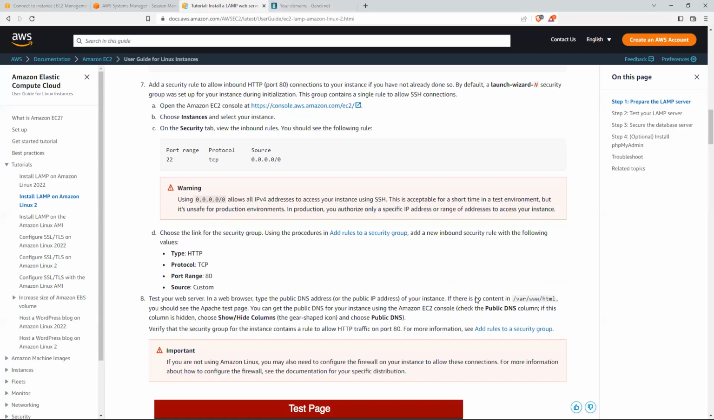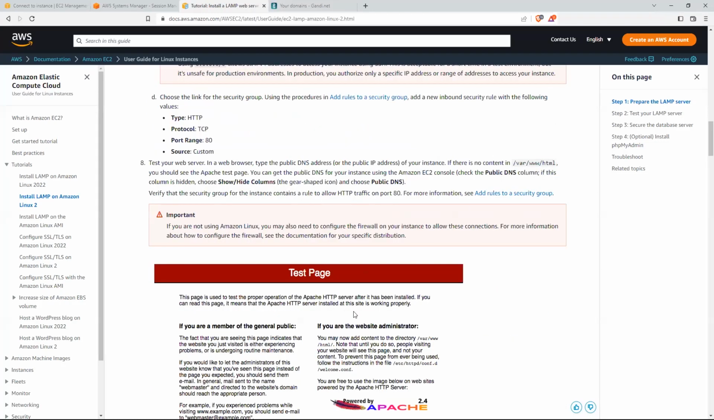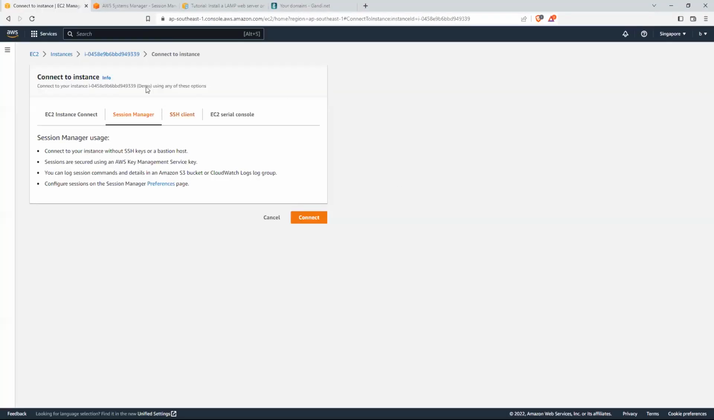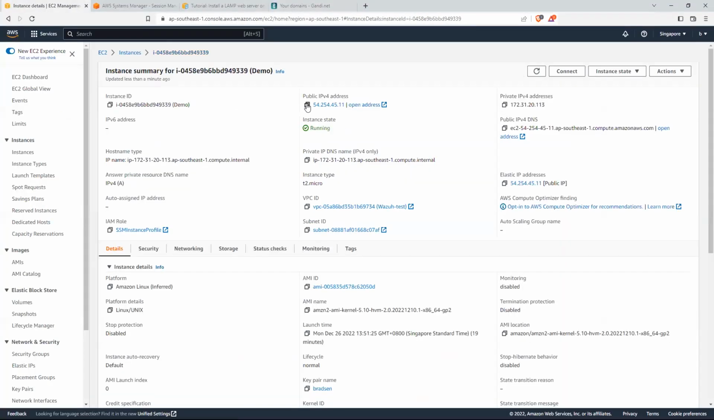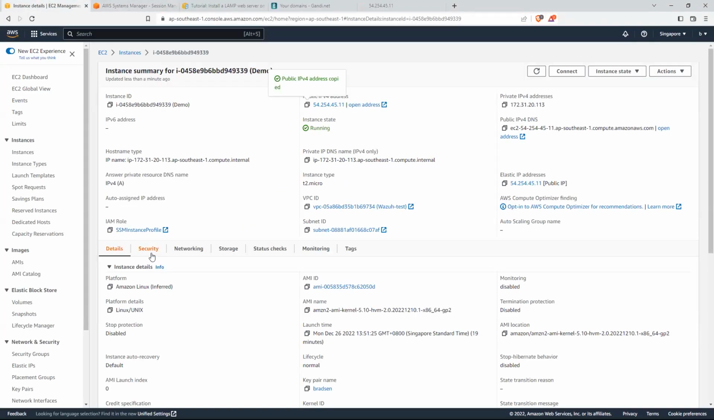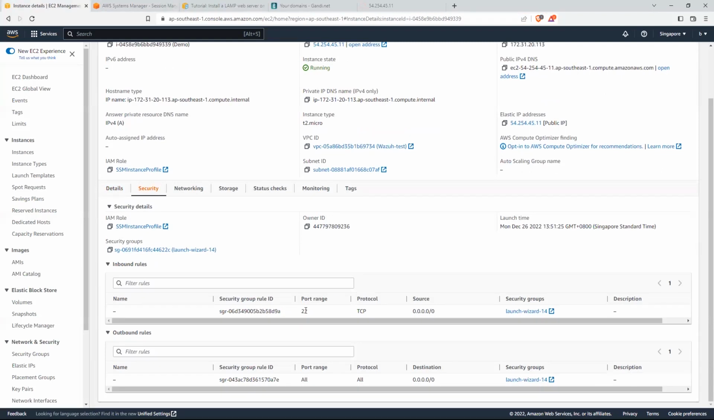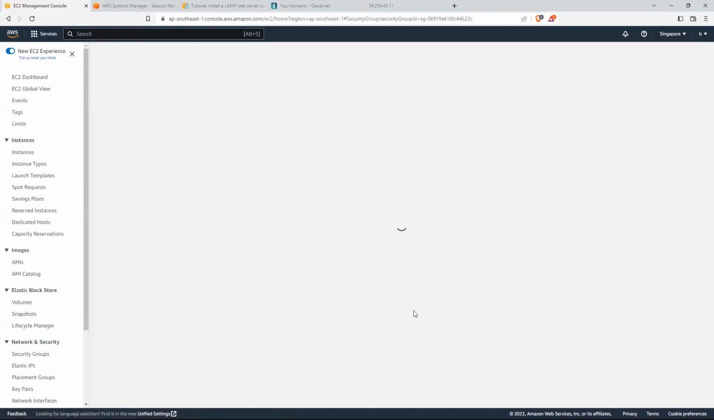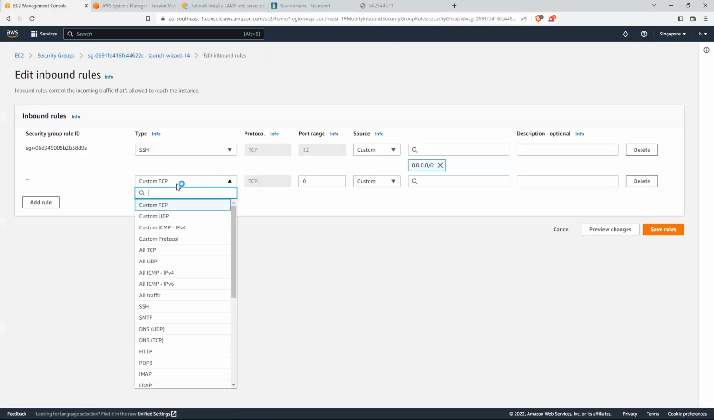Okay, so next what you do is to test it out. You can go to your instance, check the public IP address. Oops. Okay, so sometimes you see the site cannot be reached. It could be that your security group is not set up correctly. Right now, as you can see here, in the security group you only allow port 22 to access the instance. So what you need to do is go to the security group, edit the inbound rules, add rule for